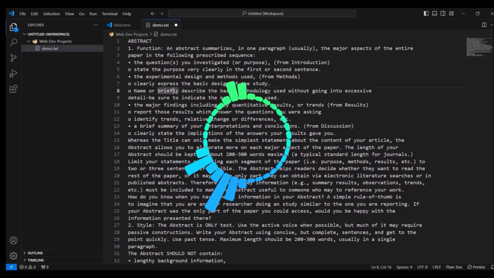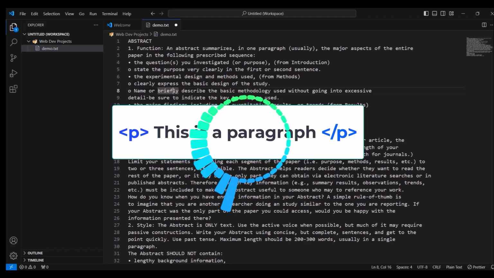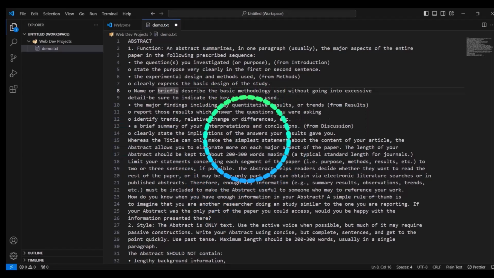Now, what are HTML elements? An HTML element is the building block of an HTML document. Each element is a wrapper that defines a specific part of the content. For example, a paragraph is wrapped in P tags, a link is wrapped in A tags, and a list is wrapped in list tags, and so on. So these elements help to structure the content in a way that browsers, like the browser on my computer, can understand and render appropriately.